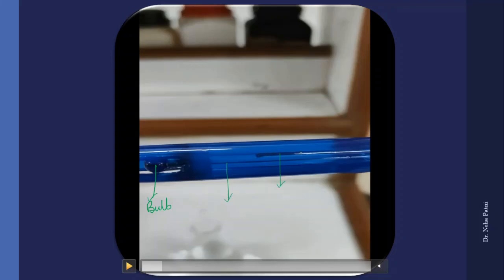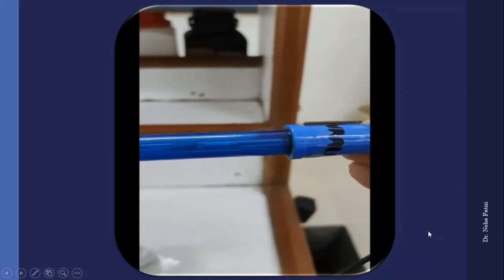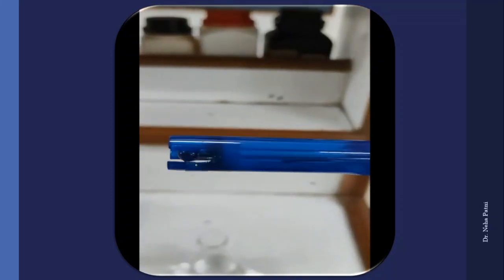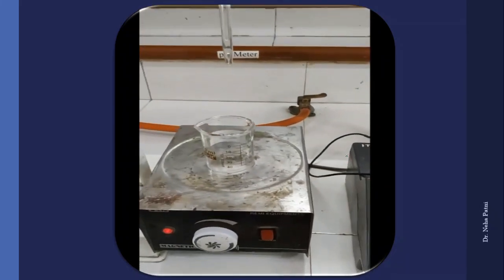So this is your outside reference electrode. This is your internal wire. These wires are of platinum. So this is basically a combined electrode, glass and calomel. So just observe this electrode closely. This is how it looks. See, you can see the internal tube. This is glass, and this outside blue is nothing but the cover of this electrode. It is of glass, so it is very delicate. That is why we keep it in a cover.